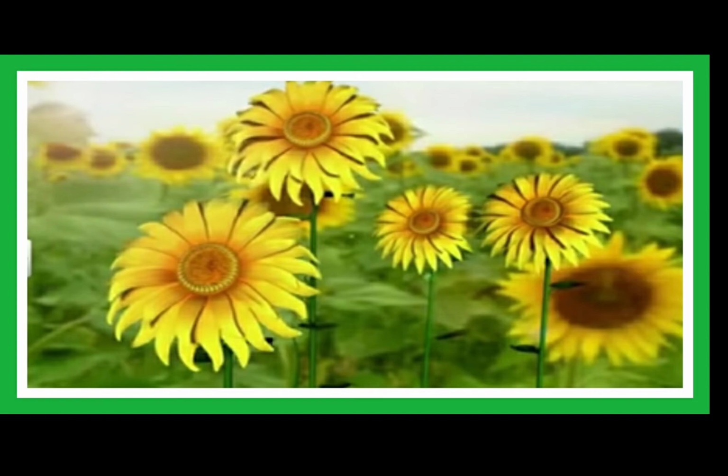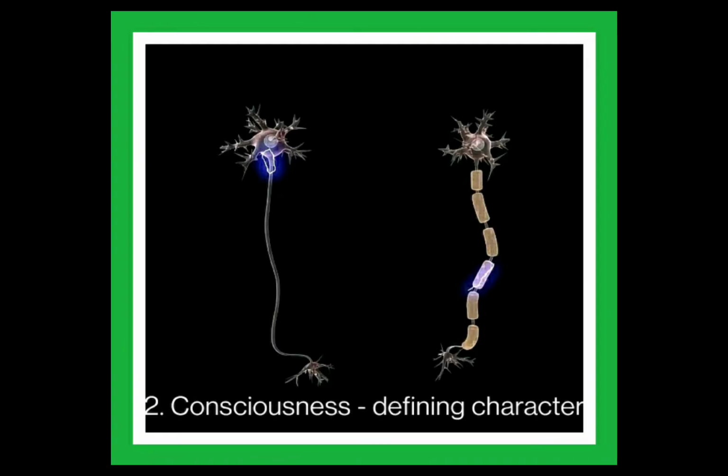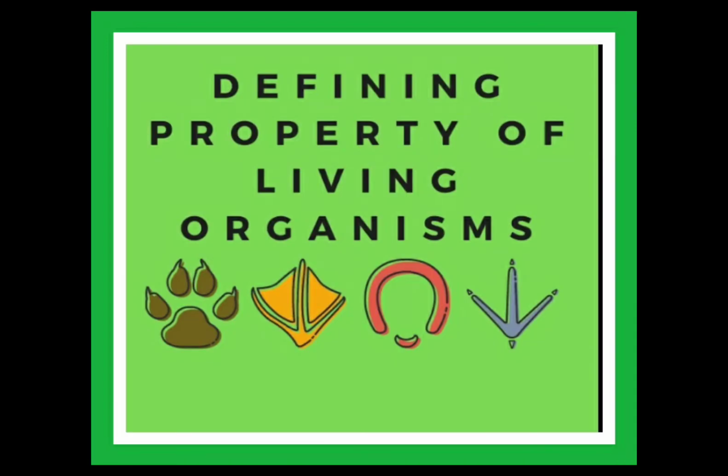Humans are the only organisms who are aware of themselves also, meaning we have self-consciousness also. So since plants, animals and humans are showing consciousness, consciousness becomes a defining feature. So if we have to summarize which are the defining characteristics and which are non-defining characteristics, we have seen that metabolism, cellular organization and consciousness are the definite, defining characteristics, whereas growth and reproduction come under non-definite characteristics. So here we can see on the slide.